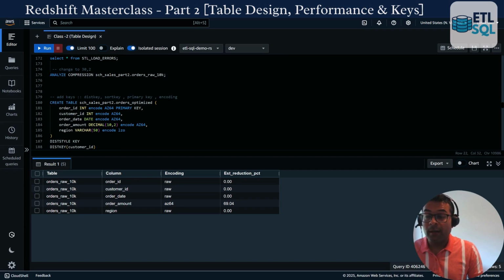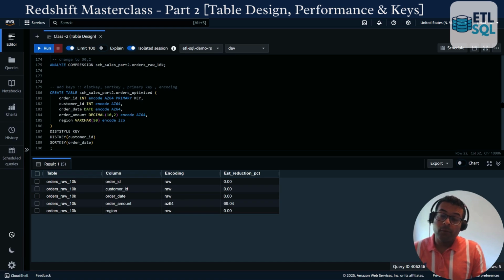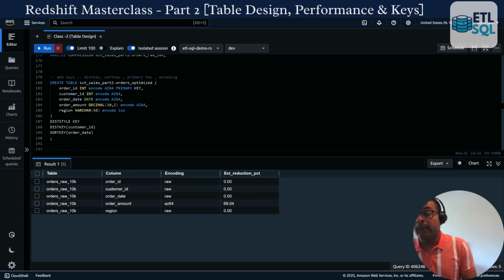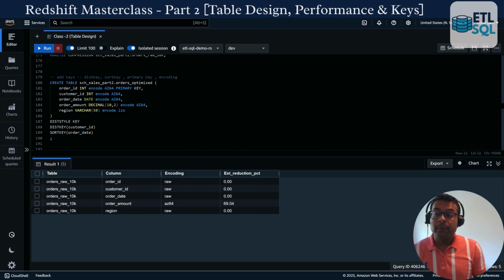You should test it often in your production environment. Now, what I want to do is I have designed a table. Now I want to create a proper table. I've done some experiment with my order table. This time I want to create a table with proper keys column, distribution key and sort key, and also the